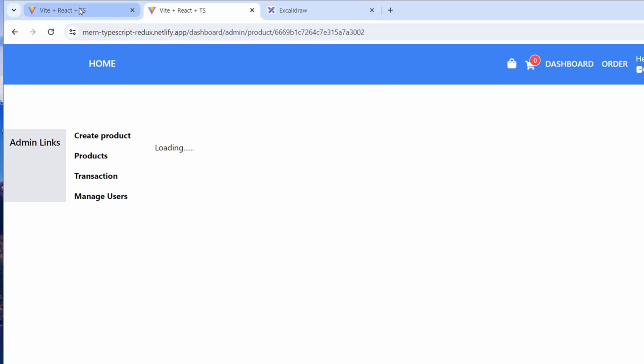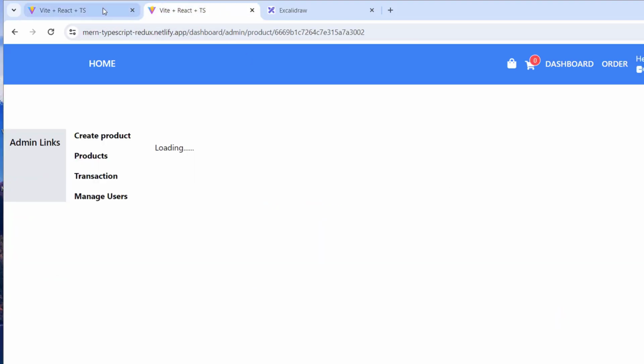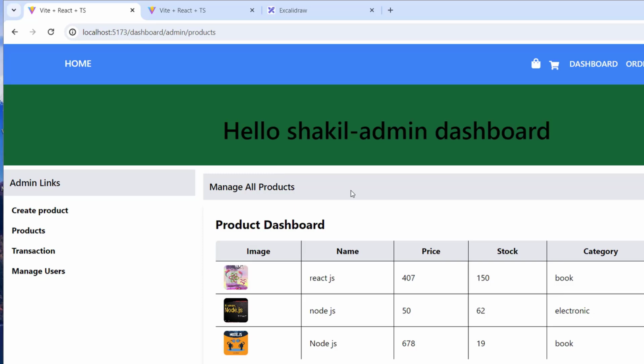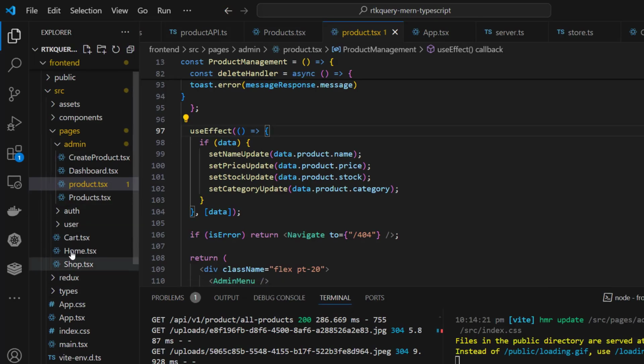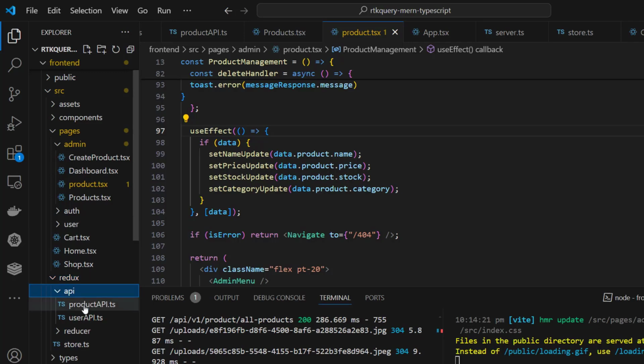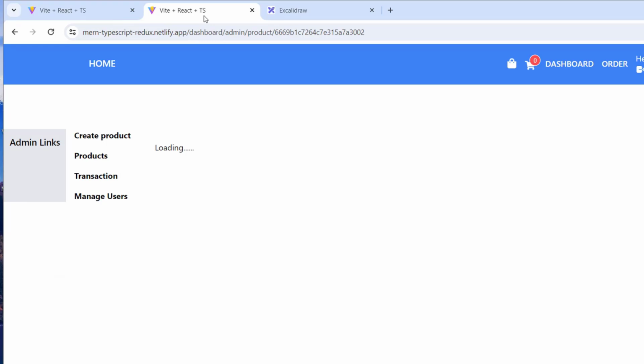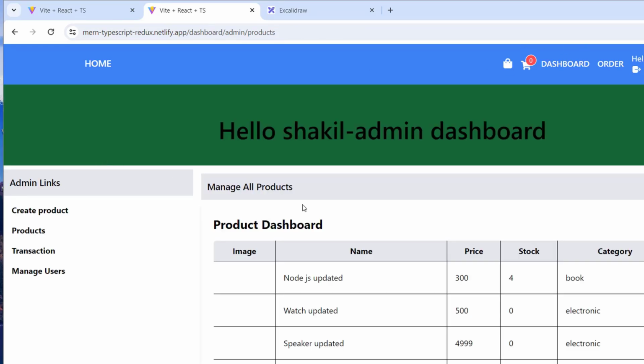So this is happening because we are using RTK Query. RTK Query is initially caching the data. So we will revalidate it in our Redux, in the product API. We need to revalidate it. We will do it later. But if you see in our finished product,